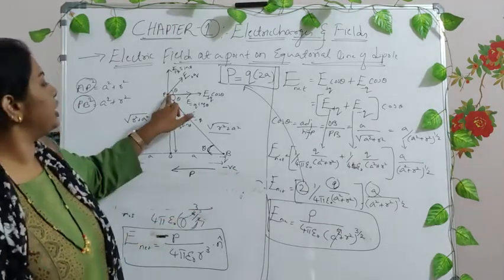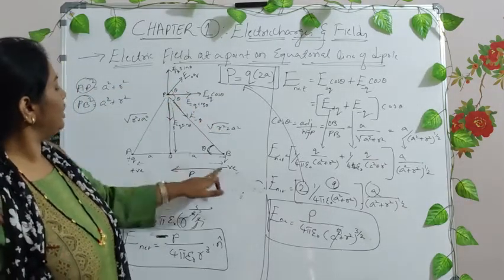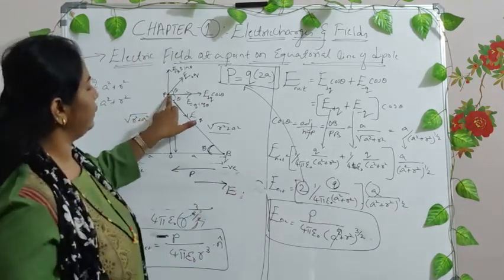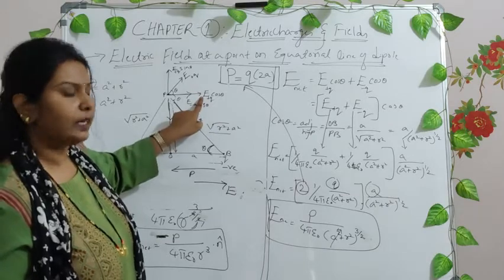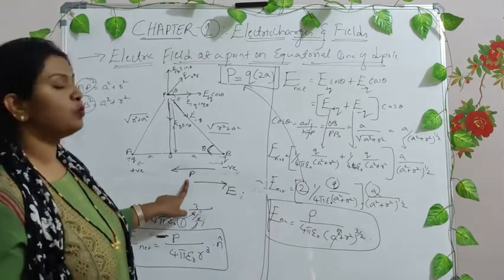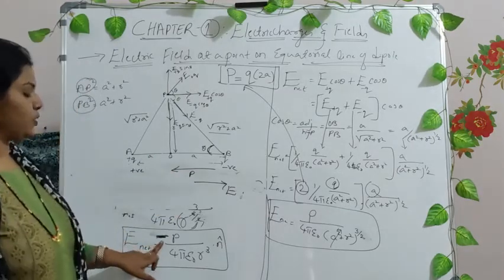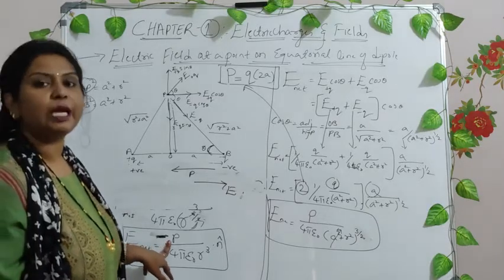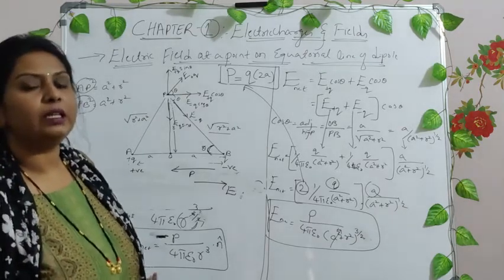But the electric field at this particular point is moving in some other direction, because of the vector sum of the cos theta components of both the charges here. The net electric field acting at this point is in this direction because of the addition of both of these components. But the electric dipole moment always points from negative to positive, and hence the sign is negative here. This negative sign indicates that the electric field is opposite to the dipole moment produced due to the dipole, right? Is this clear? Now this is the final expression for the electric field due to the electric dipole.